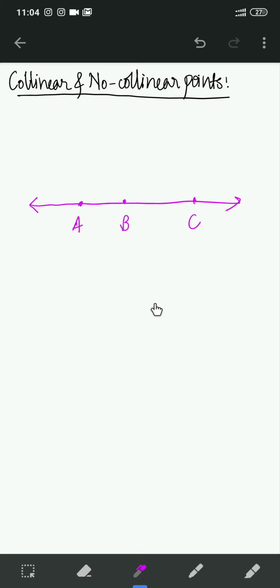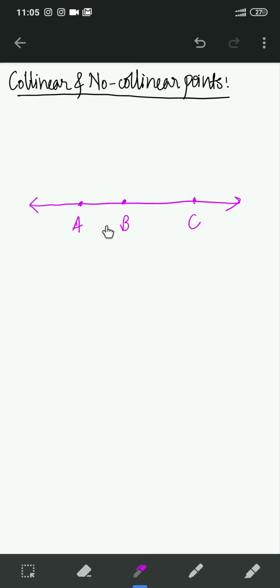I want to find out which point is in between which point. Here visually you can see that point B is in between points A and C. Correct. So therefore we will say that point B is in between points A and C. We can visually see this. Since we can visually see this, can we formulate something? Yes, we can try that out.